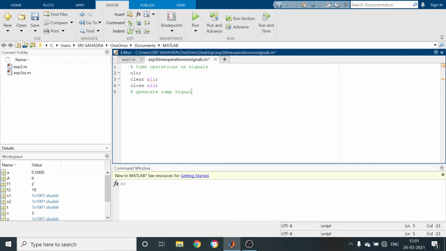So next I want to perform reversal. So first I want to perform the time shifting operation. Generate a ramp signal. So first I am going to generate a ramp signal. For that I have to select a time parameter t, and I am going to take the axis from t equal to 0 to 5 with variation